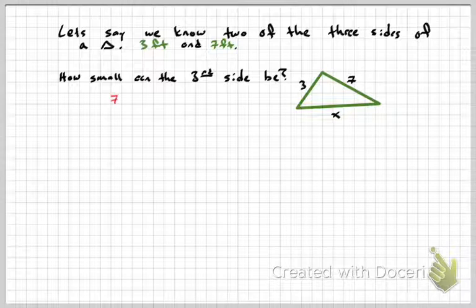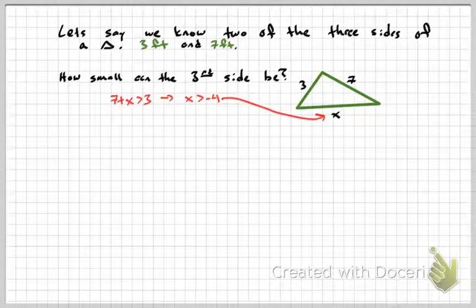If I did 7 plus x is greater than 3. Because remember, guys, we're still using that concept that two sides added up have to always be greater than the third side. But when I solve this inequality for x, I get x is greater than negative 4. But the side of a triangle will never be a negative number. So the way that we find